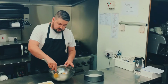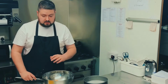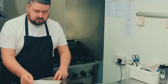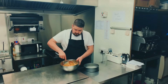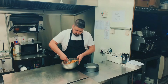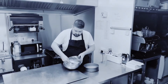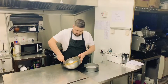What I normally do is make a little well in the middle of the digestives. I don't add any sugar, it doesn't need it. Pour the butter into the well in the middle of the digestives. Then you're just going to mix it all together. Bring it all together, it will go pasty. See how it all comes together? It smells amazing, butter and digestives. And once that's all mixed together,